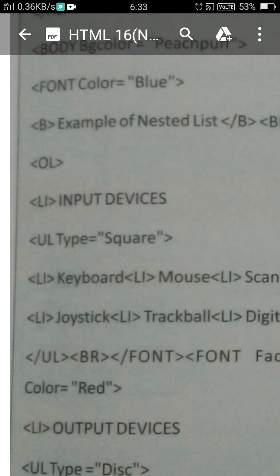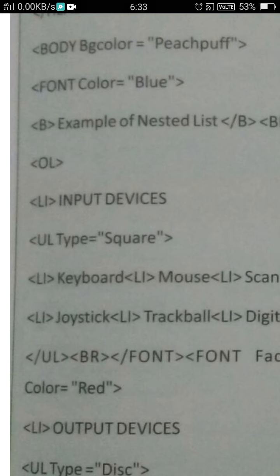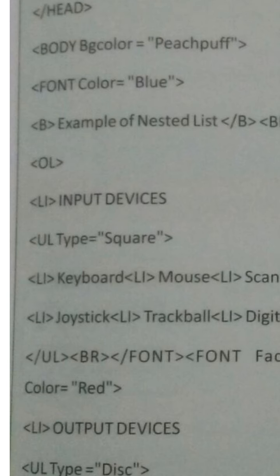After that, we are using UL. Inside the OL tag, we are using UL, means it will be the sublist of the order list. And a list within another list, I told you, is called nested list.